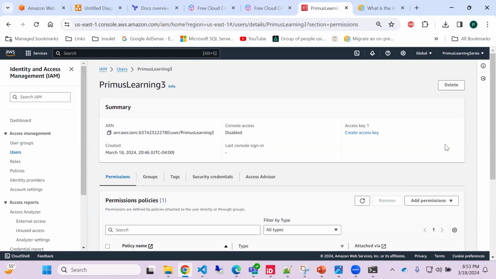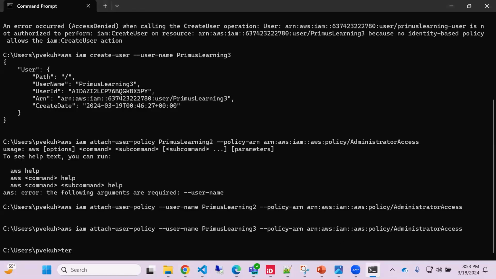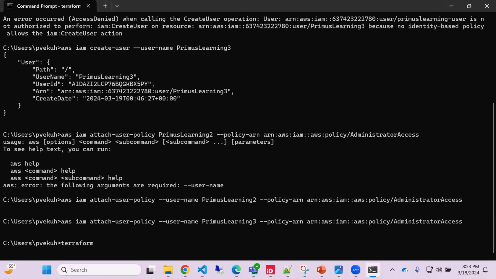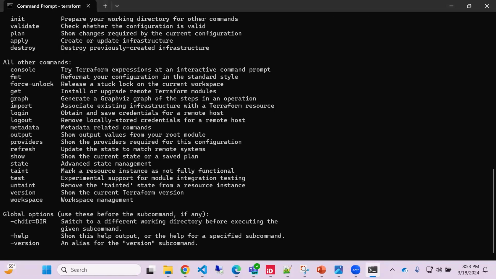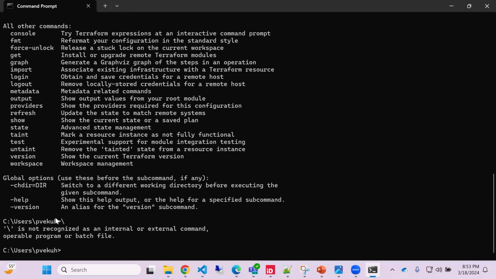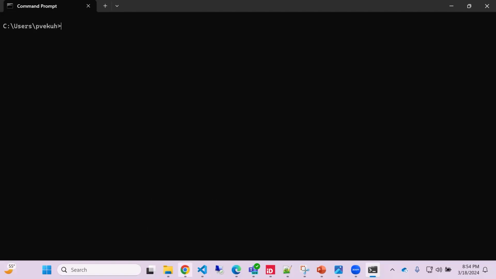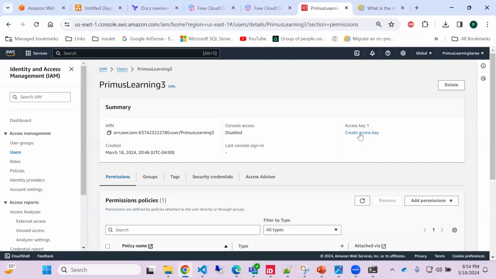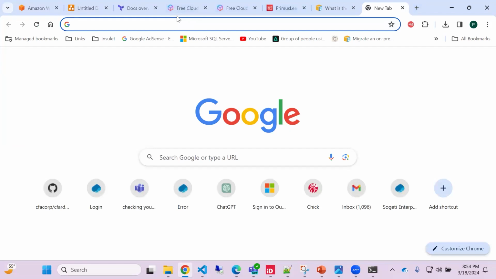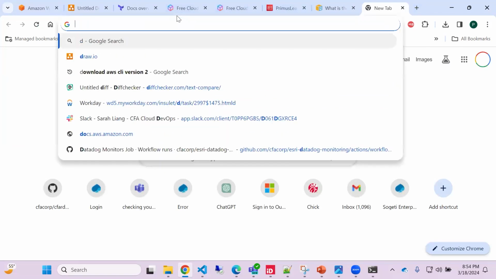So what you need to do is to install another tool called Terraform. If I run terraform here, it will show me whether I have Terraform installed or not. If I do this, and it takes some time, yes, I have Terraform installed. But you may not have Terraform installed on your laptop. So you need to go here and search for install